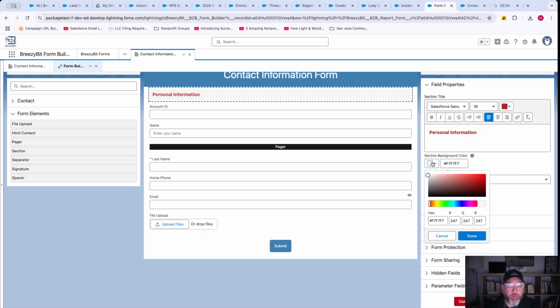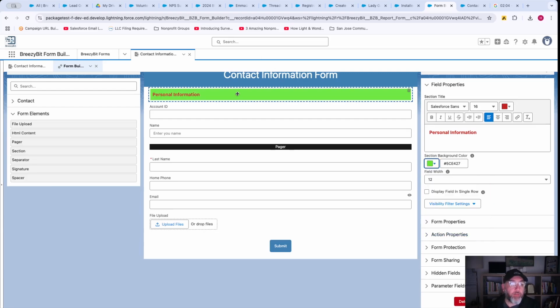Oh, I need to select it here. Of course, this is not looking good, but you can change all of those things really quickly and